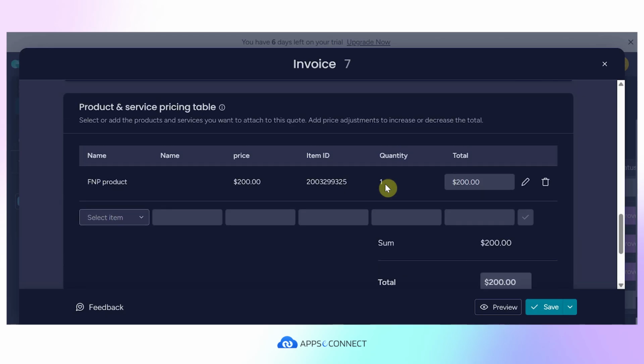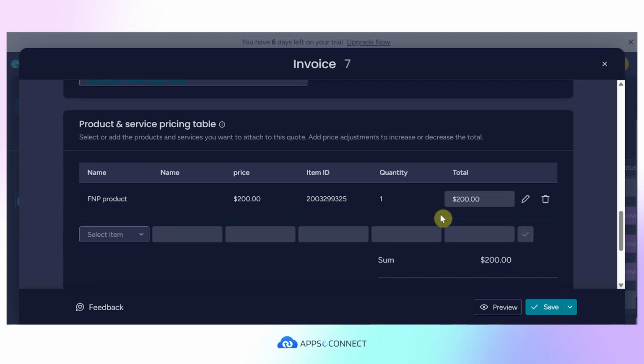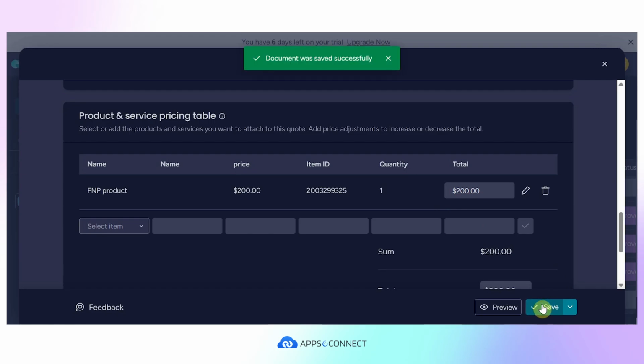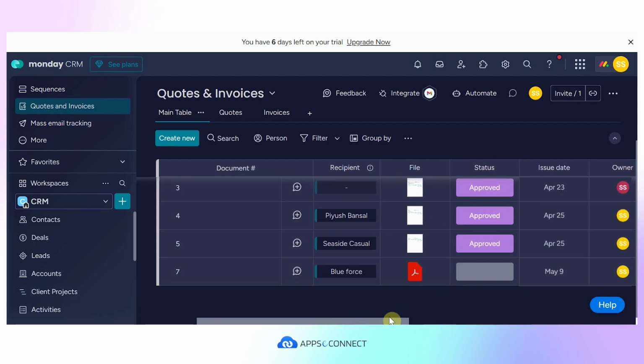Previously those have been synchronized through Axie Connect from Monday.com to SAP Business One. So by saving this option, I'm just creating a new invoice here in Monday.com. I will assign the account ID over here for this particular invoice. So details have been created such as the amount details. The account has